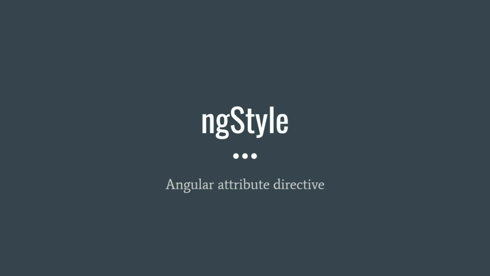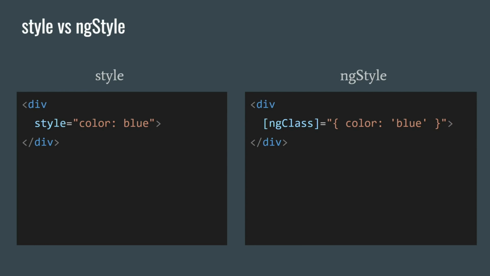ngStyle is an Angular directive that adds or removes CSS styles based on a condition or expression. It is an attribute directive, which means it changes the appearance of the element on which it is used. It does not manipulate the DOM like the structural directive. ngStyle accepts an object literal where the keys are the style property names and the values are the corresponding values